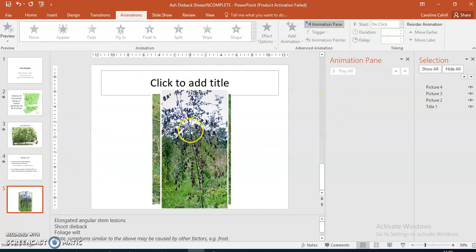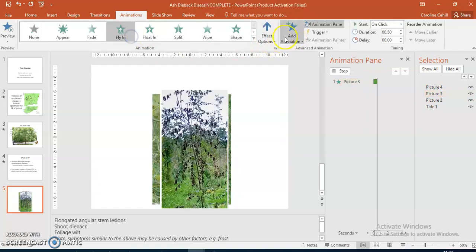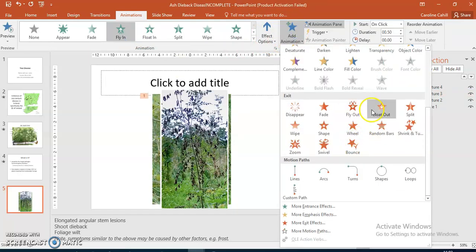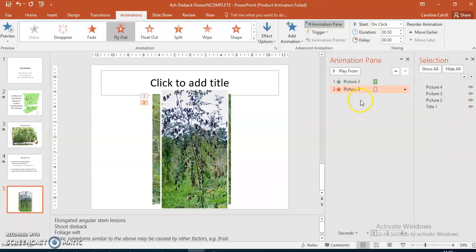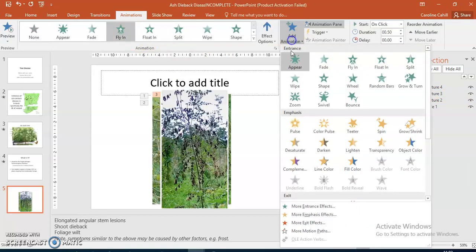Your images then, you have the same as what we had the whole time. You decide on which picture you want to appear first. Choose your picture, have it fly in, then maybe have it fly out. Choose the second one. So that's picture 3 done. Picture 2, choose to have it fly in, then choose to have it to